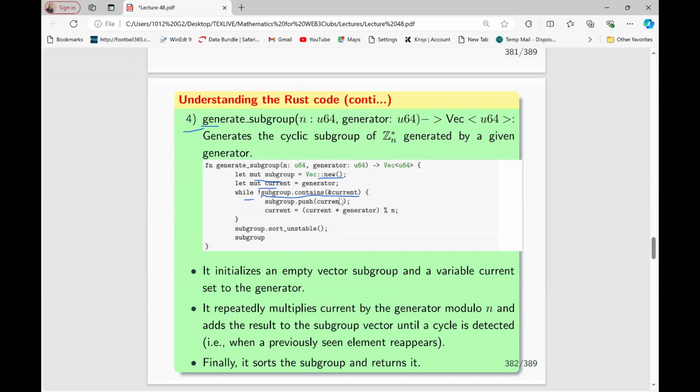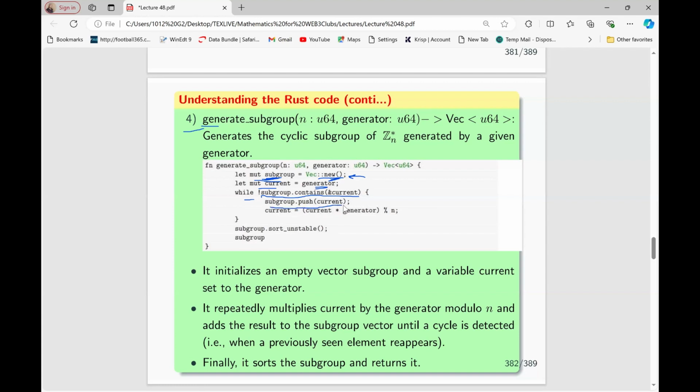That's how you read that statement. This is the subgroup, so you see it's empty. The current you're making the generator. So when you make the generator the current, that generator is no longer here. It's not here. So while it's not there, it's saying